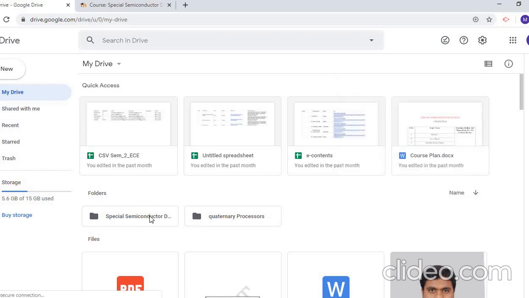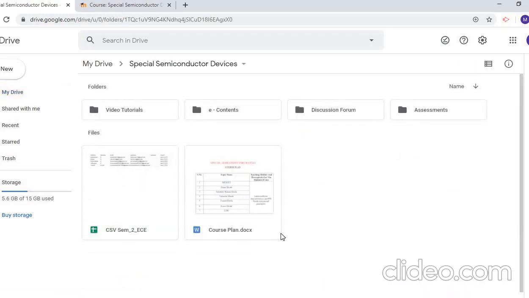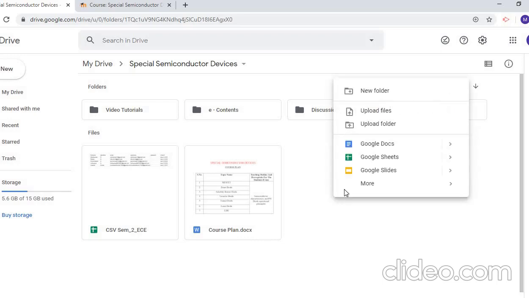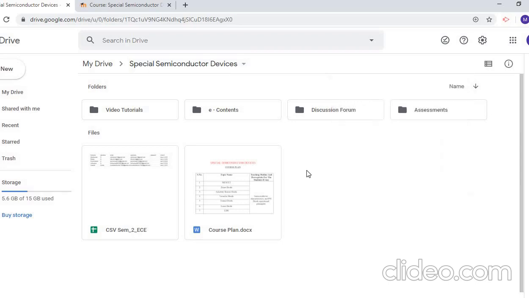In this folder I have uploaded a file called course plan. How can we upload a file here? Right click, upload files. Where you have stored the course plan in your PC, you can upload it and it will be under this folder, Special Semiconductor Devices.